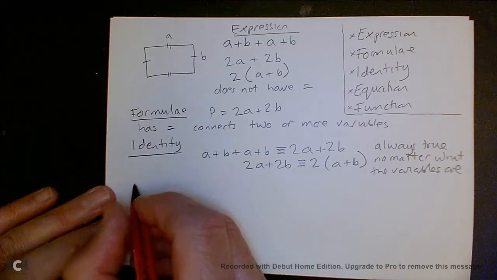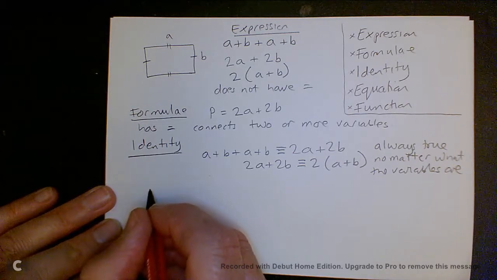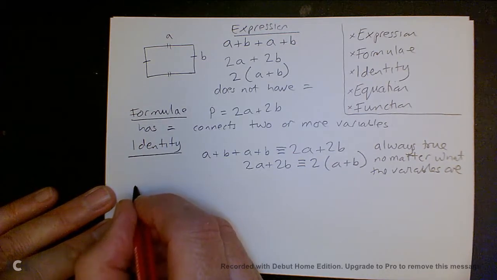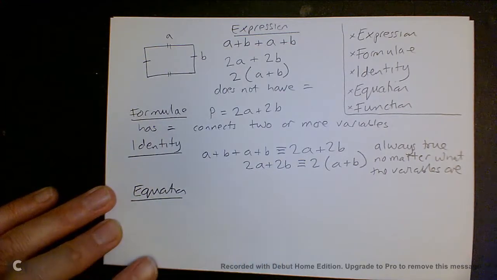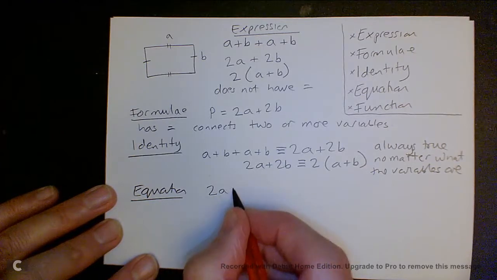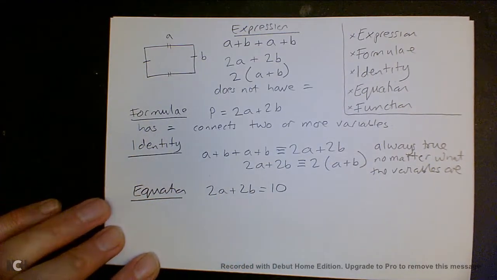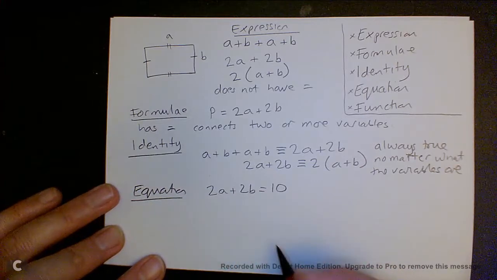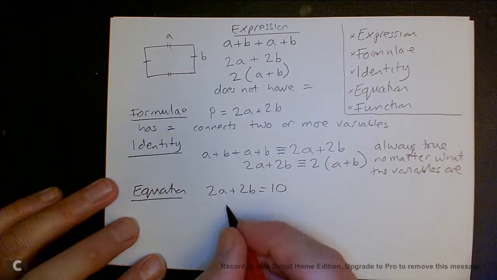Now if I told you that the actual perimeter was 10, you might think we've got an equation. So for example, if I told you that 2A plus 2B was equal to 10, you'd have an equation. And a lot of people would agree with you. However, strictly speaking, what we've got here, you could really say that that's a formula, because we could rewrite this